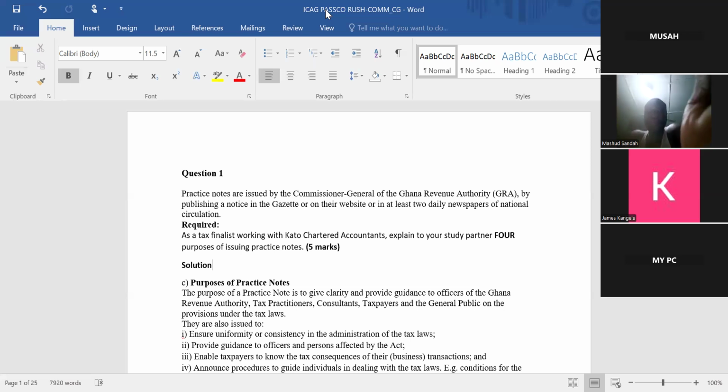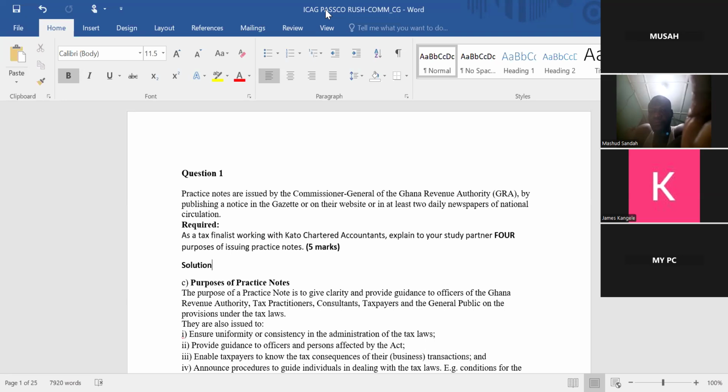This is an official statement by the taxpayer communicating the activities that actually take place in the business to the Commissioner General. You are detailing both your income and your expenses to the Commissioner General. So it's a form of communication. And that is why when you are filling the form, you have to declare that to the best of your knowledge, the information you are providing is accurate and complete.